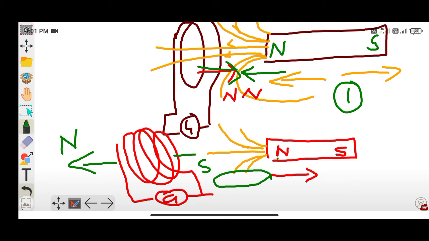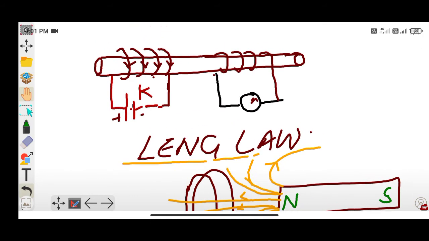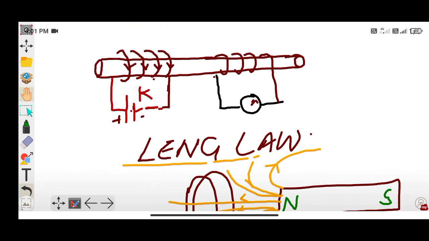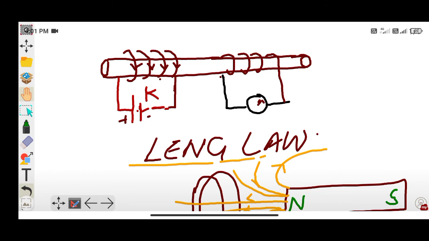Now let us come to the above question. In the above question, when you press the key, there was no magnetic field or no current initially. But when you send the current through this, the magnetic field will be generated here. And north will be in this way as per the grip rule, because we know that if the curl of fingers represents the current in the solenoid, then north will be in the direction of the thumb.